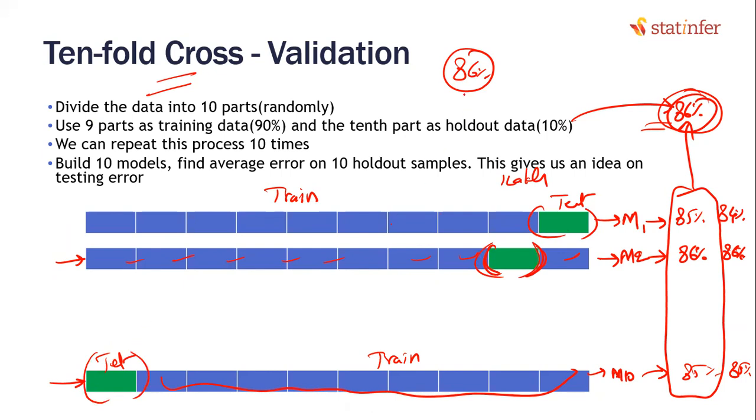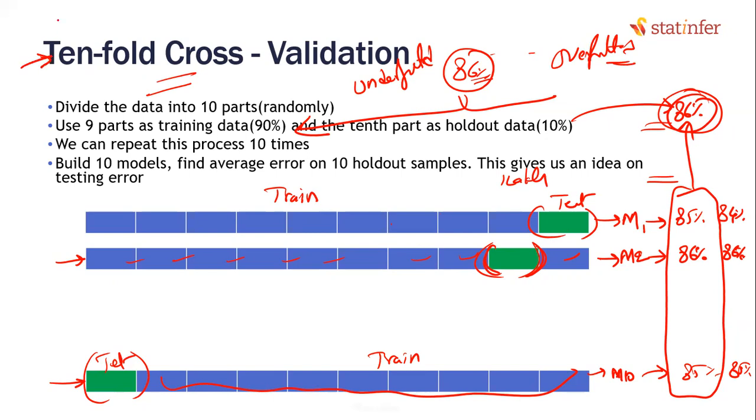That means any model having less than 86% accuracy in this particular example can be classified as an underfitted model. Any model having more than 85 or 86%, maybe 1 or 2% more is fine. But if I'm saying 95% accuracy, I got my model, then that will be an overfitted model for this data. This is known as tenfold cross validation.